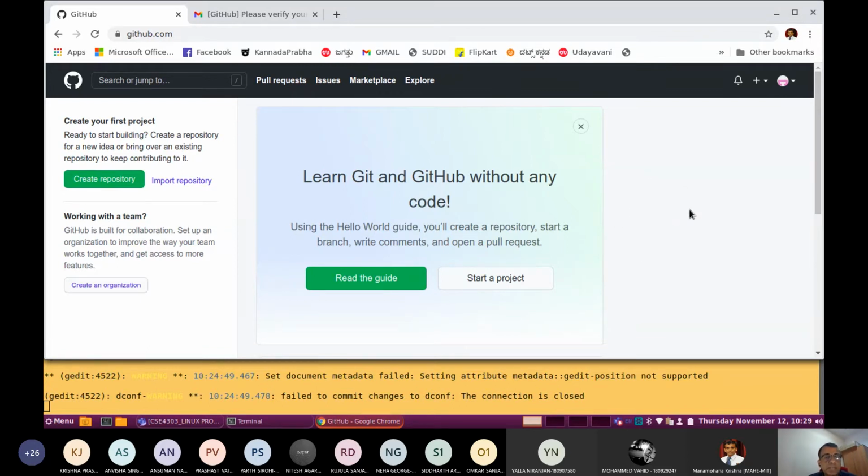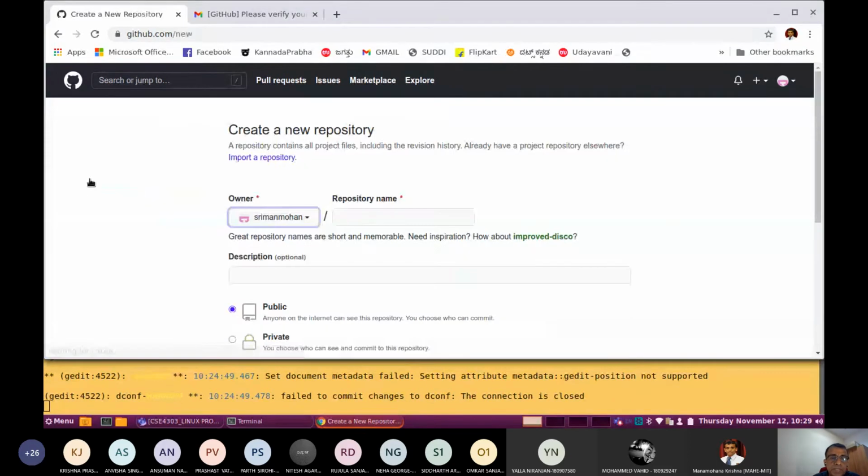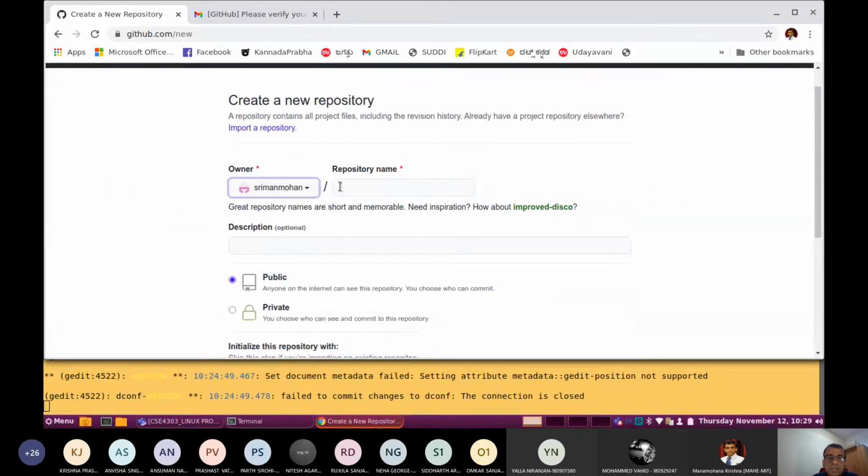If you want to start a new project, you can create one new repository and name it in your user account.